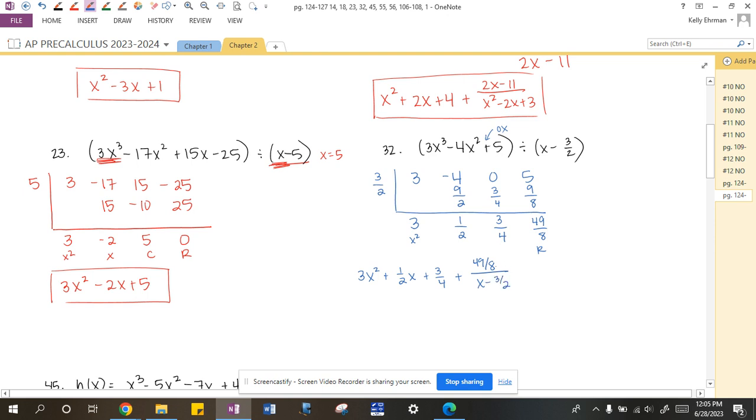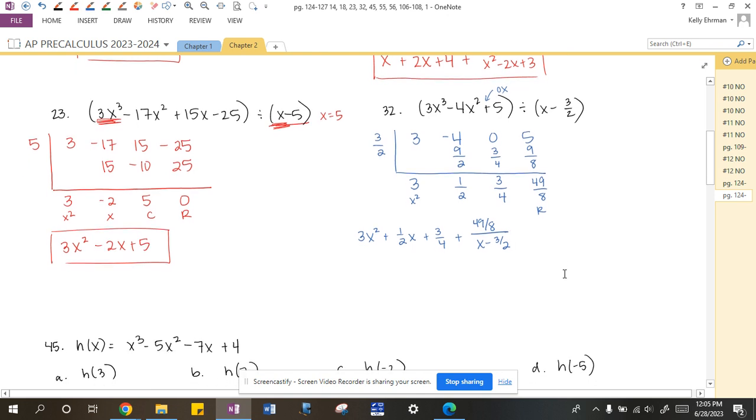But this is kind of ugly. We don't like complex fractions, right? And we've spent some time simplifying complex fractions throughout different homeworks and notes and stuff. So simplify this. Don't leave it like this. You could say instead of 49 over 8, you could say this is 49 over 8 times x minus 3